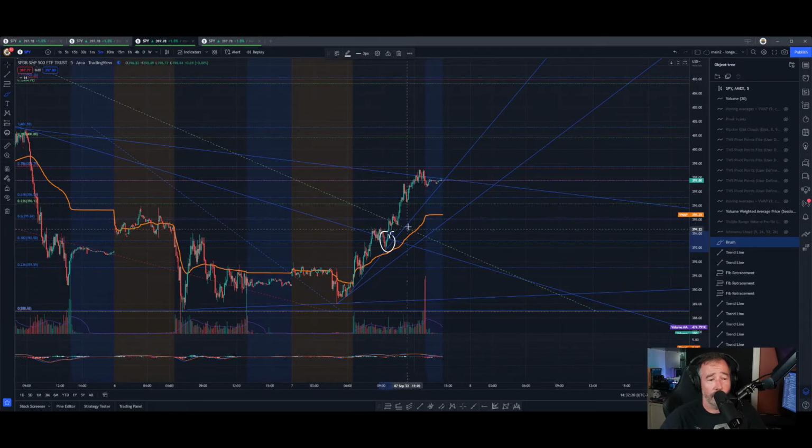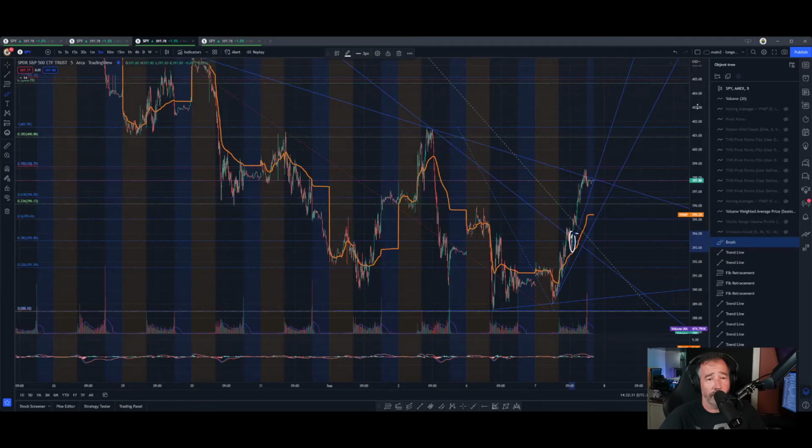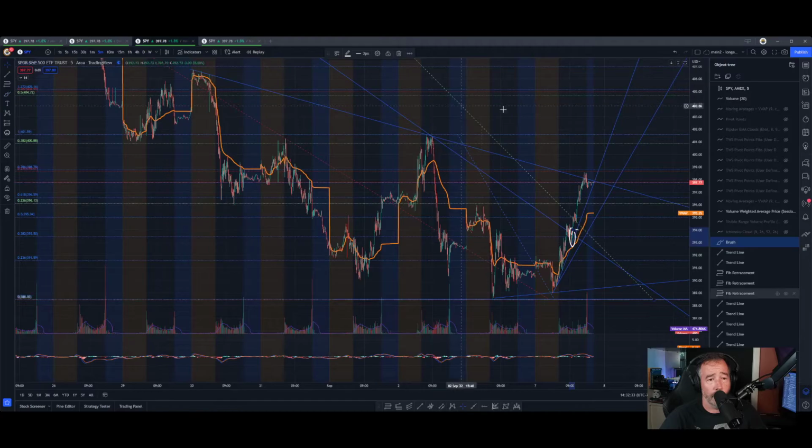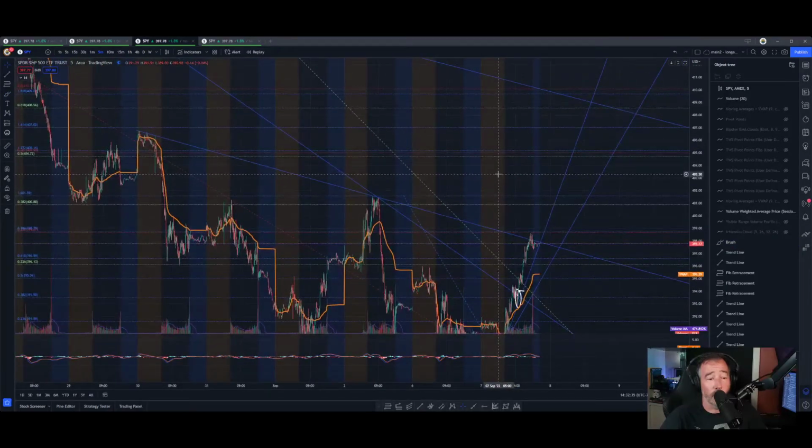Then we still pay attention here. We see what happens with this. We still haven't come back to it, and we're finally starting to. But this place up here, this next trend line, I don't see this trend line as being overly important. So I'm hoping that we continue through it, but we'll see how that goes. Nobody can predict the future. You just have to trade what you see.